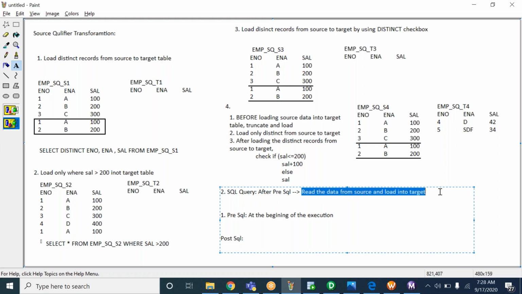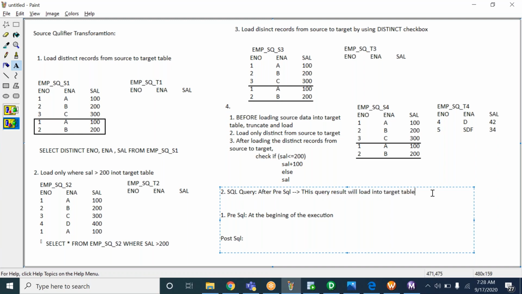So the query result will load into the target table. We have seen this practically in the last example: we wrote a distinct query, and whatever query we have written inside the SQL query, that query result will load into the target table.